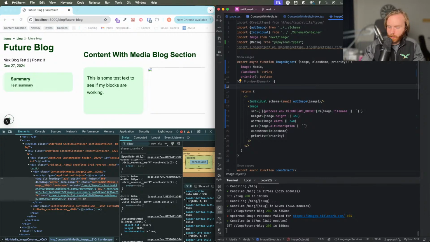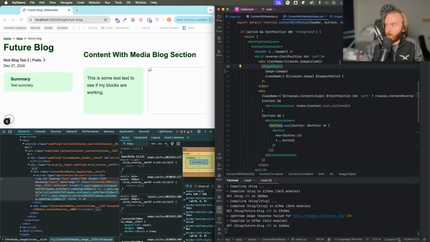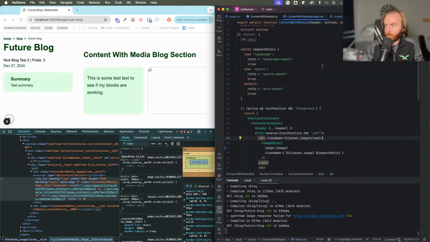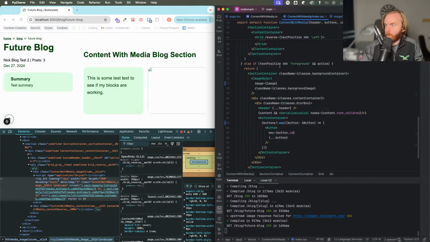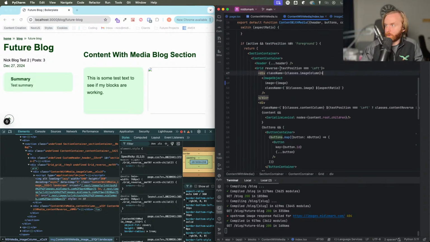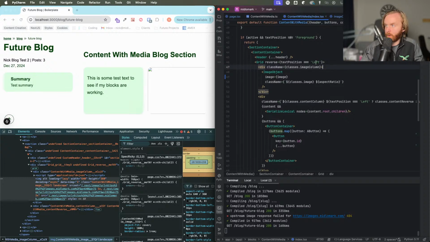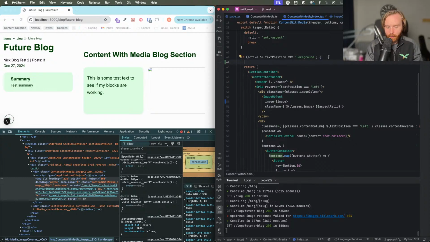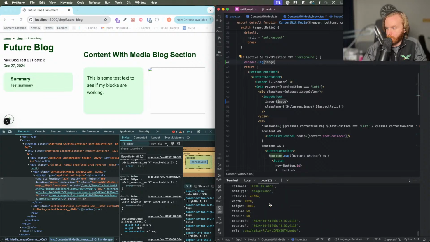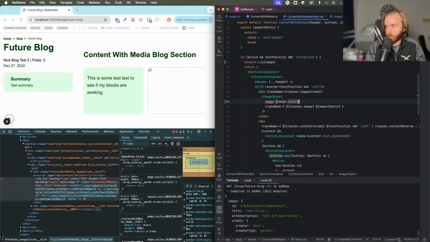here we can, I don't want to log it there. If we log our image here, this is to the right, yes. Text position foreground, text position is not foreground, left. So here's where I want to return that. So let's do log, and we'll log the image. So let's see what response we get. And so I see the file name. That would be correct. So it looks like I need to do image dot,